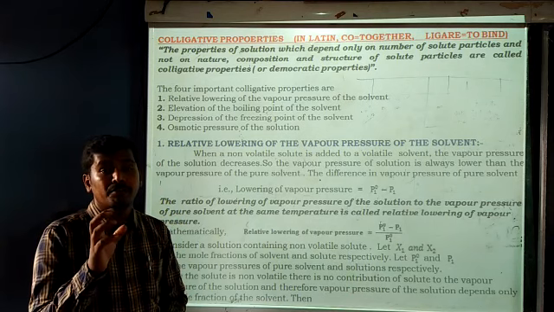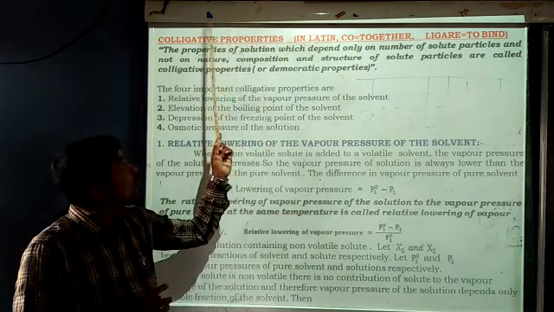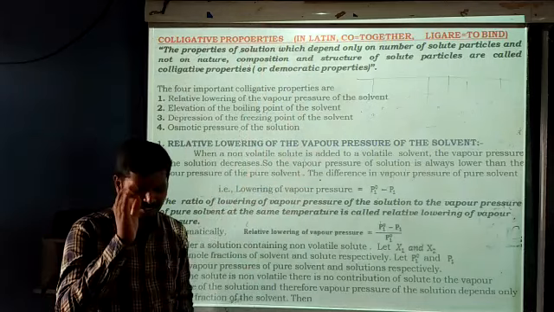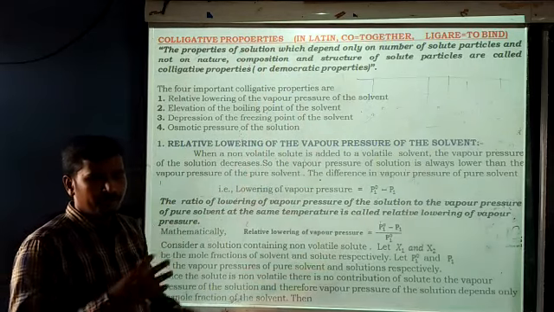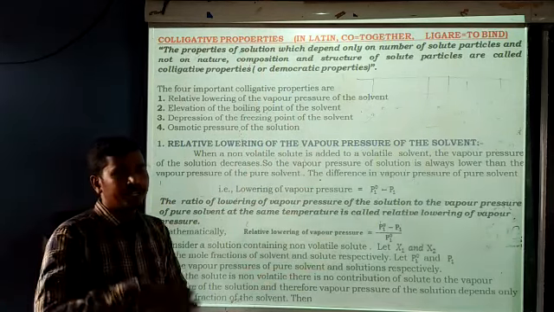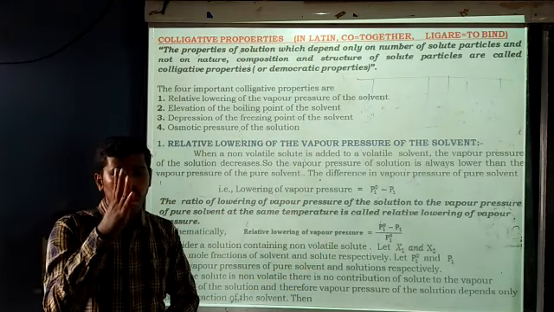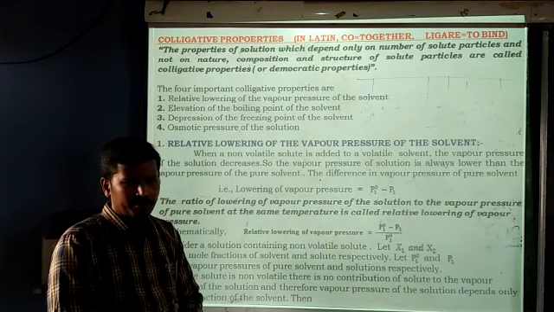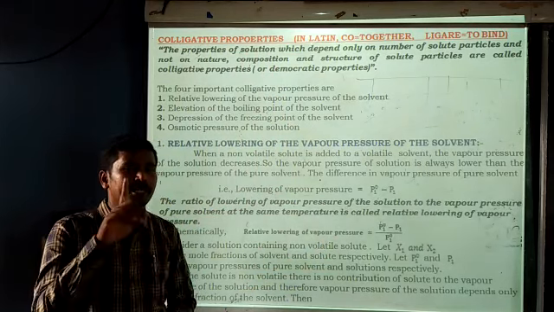That type of property is called a colligative property. It is a very, very important concept. We have mainly 4 colligative properties. From these 4 colligative properties you will get a minimum of one problem in part D, 4th point.